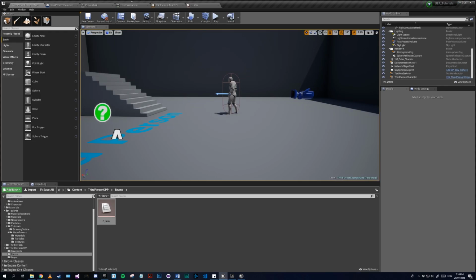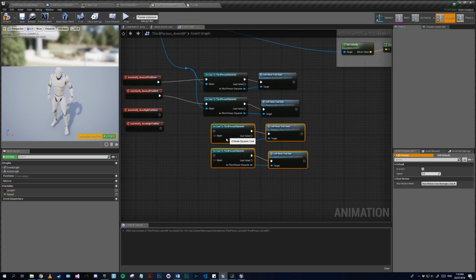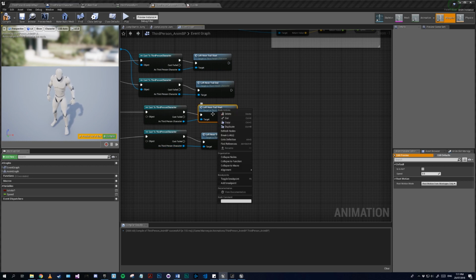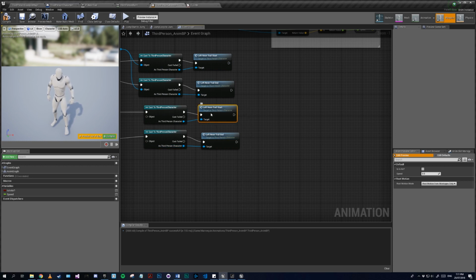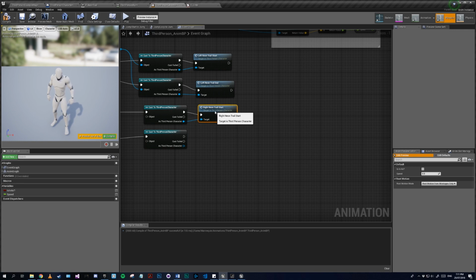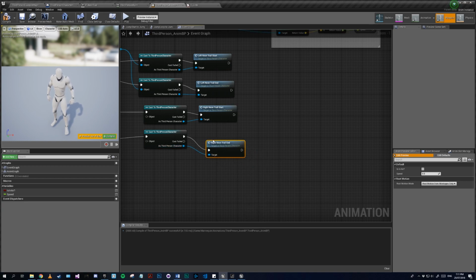And if we call it in our animation blueprint, it's just gonna be here. So if we start, end, right, in,